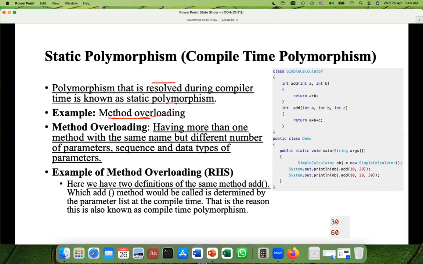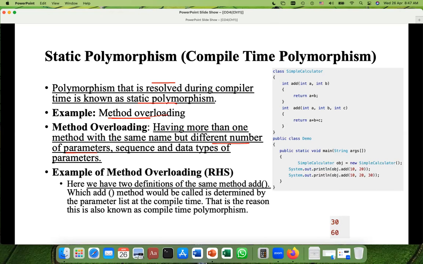When you are writing a method with the same name in a class, again and again, but having different number of parameters, which means the name of the method is the same. Maybe you have 5 methods having the same name,